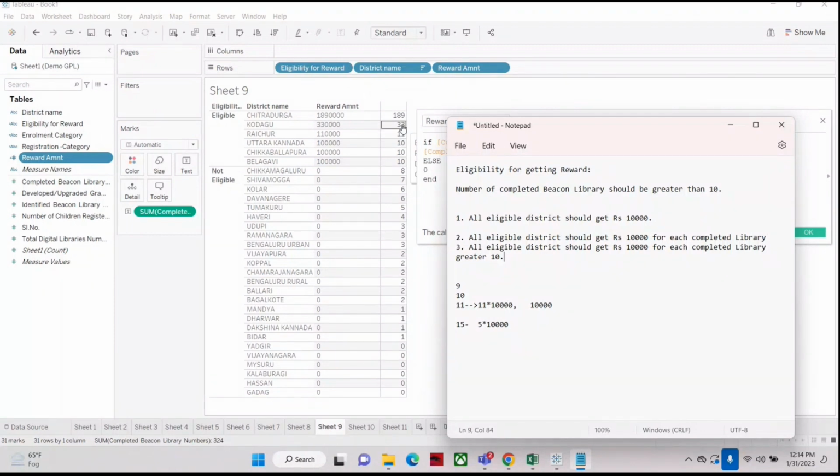This is 33, meaning 33 minus 10, 23 libraries are eligible. So it will get 23 into 10,000. Is that the condition